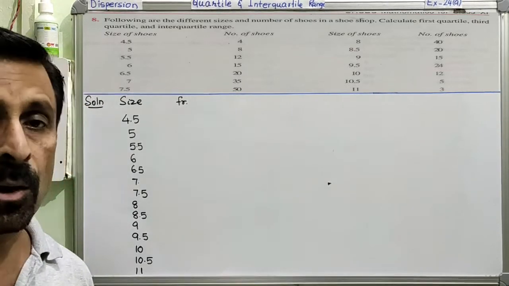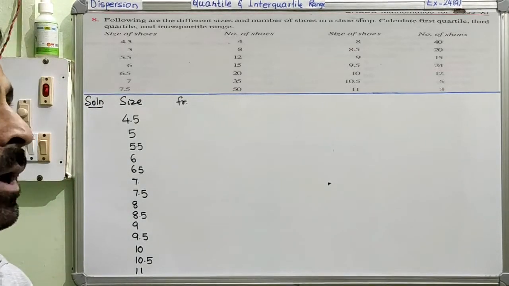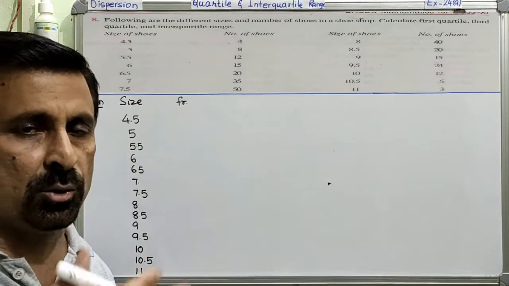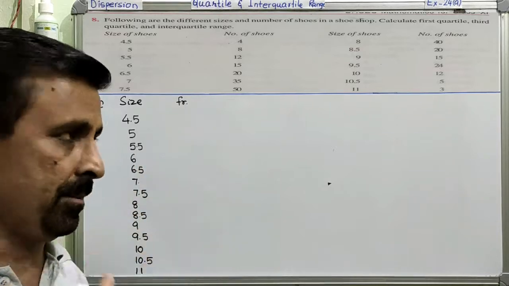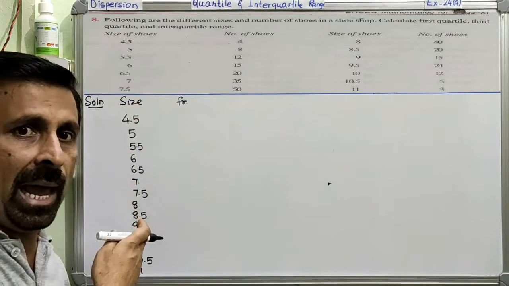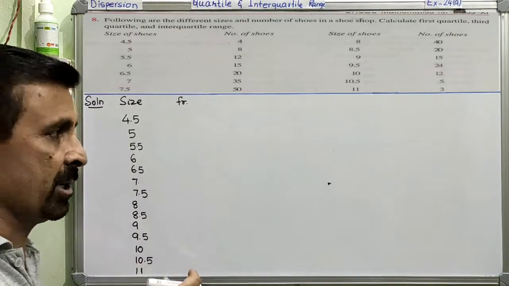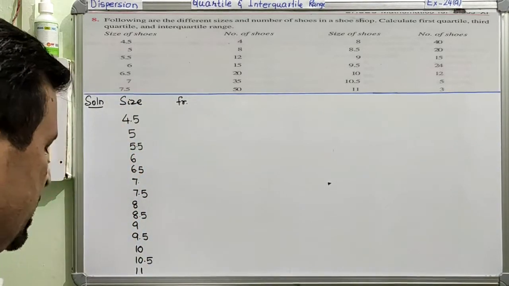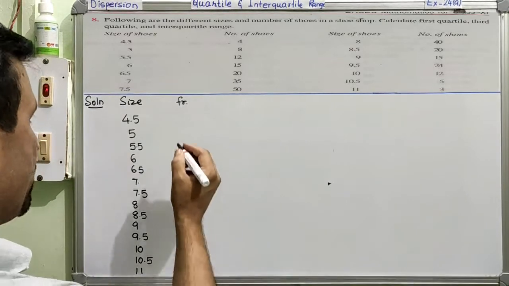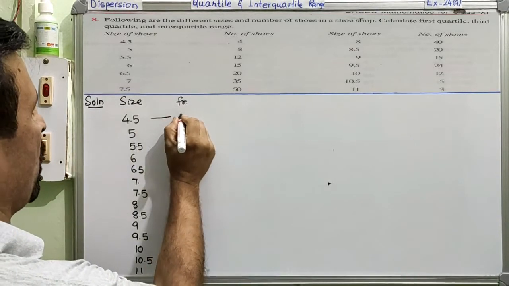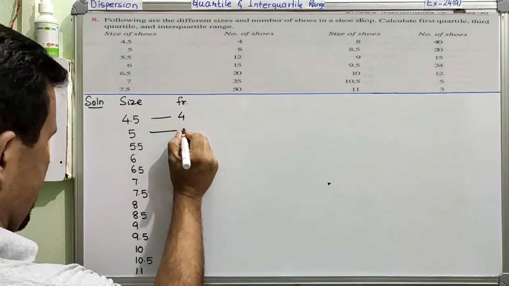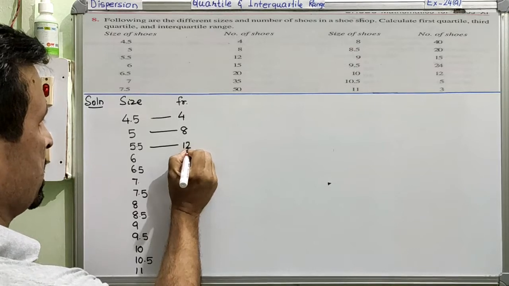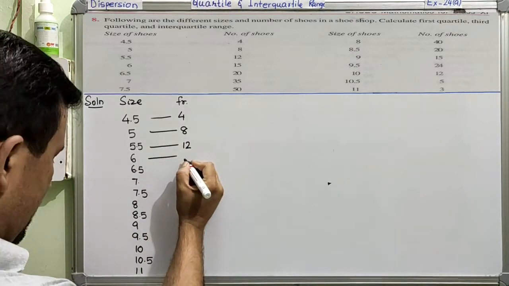And now, by now you are very much aware of the type of discrete distribution. In the discrete distribution, you used to have the question in the form of two columns, right? So one column is the x column and another column is the frequency column. So to save time, I have already completed the x column. Now I just need to give the frequency. So frequency for this is 4. For this the frequency is 8. For this the frequency is 12. I am drawing the line so that you will not have any confusion.